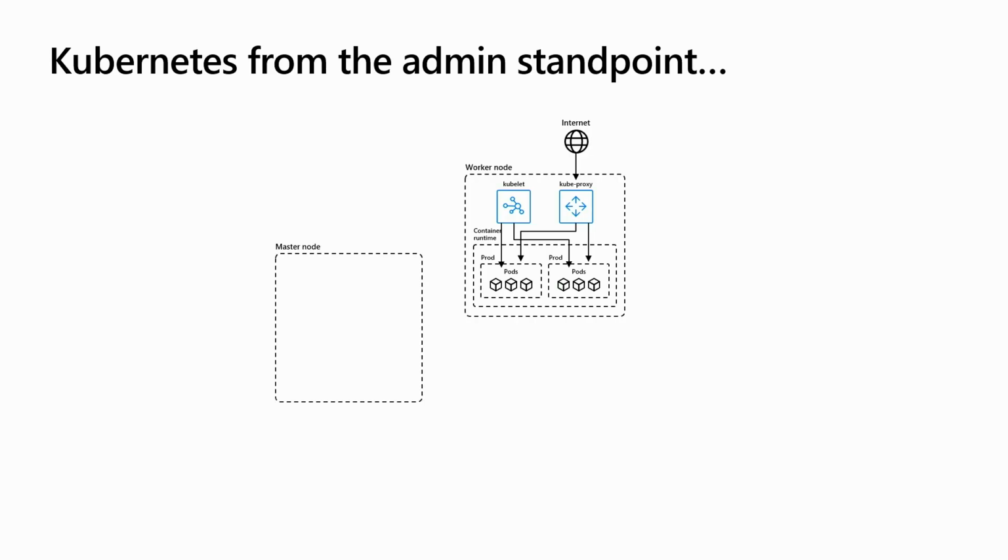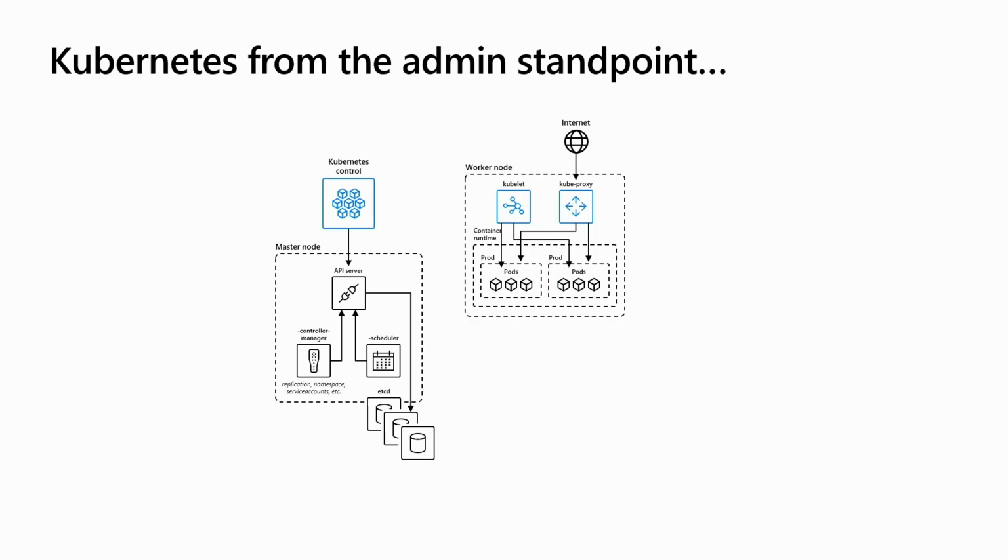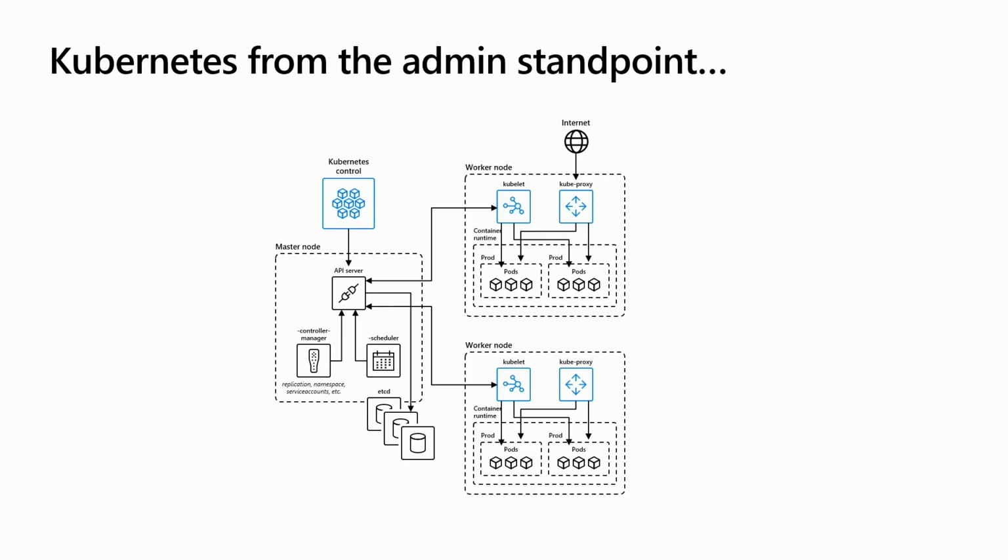So those skills are confirmed. Now, the master node has a lot of other components that, as I mentioned, we're not going to talk about. If you want to know more, I highly encourage you to look at those. The main thing I want to call out here, kubectl talks to the API server. The Azure portal talks to the API server. So the way you access your cluster is through the API server, which is a component on the master node. Now, of course, that talks to the kubelet. You can have multiple worker nodes, and that's your essential very high-level overview of what the architecture of Kubernetes clusters looks like.